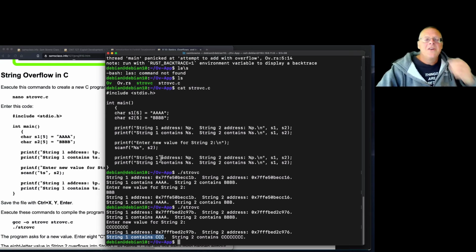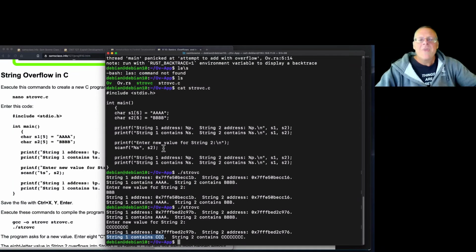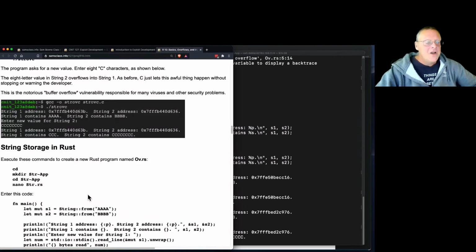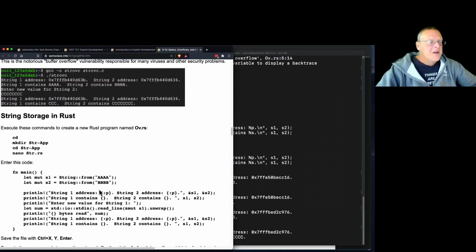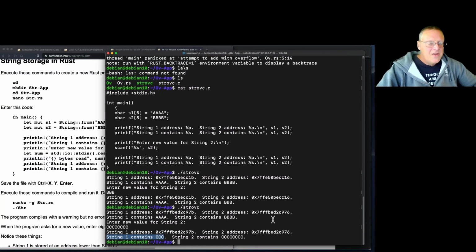This is why you get these vulnerabilities. It's not obvious at all that inputting string 2 is going to change string 1, and in a less cruel language it wouldn't happen, and that's what Rust does. So here's how you do it in Rust. You define these string variables mutable, and then you enter a new value for string 1, and if you run that,